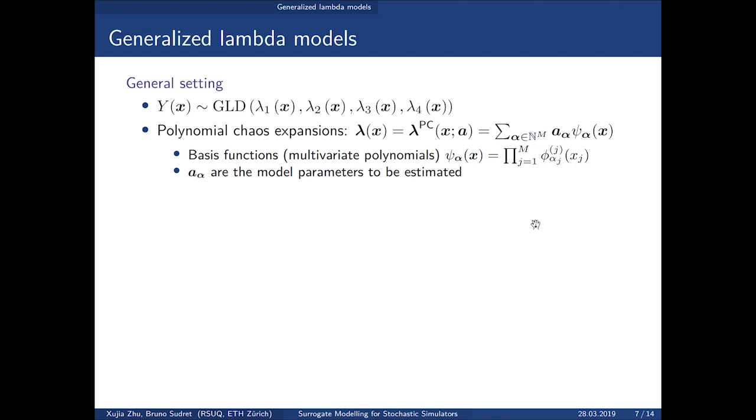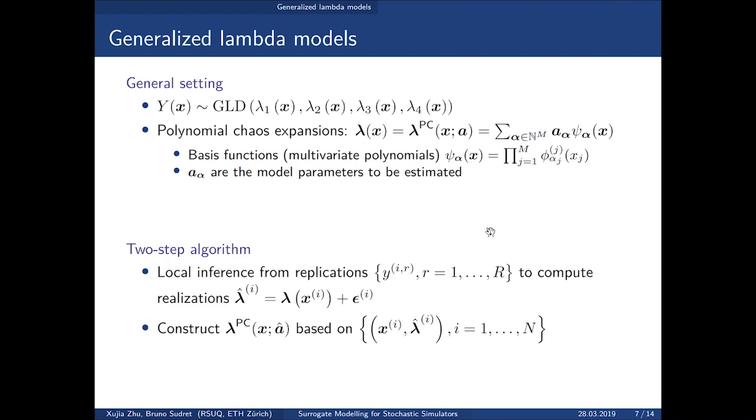One intuitive way to construct a stochastic surrogate model is the two-step algorithm. As the name indicates, this algorithm consists of 2 steps. The first step estimates the distribution parameters based on repeated model evaluations with the same input. Here, x_i is the i-th point of the experimental design, and y_i^(r) is the output of the r-th replication associated to x_i. Because we cannot access the true value of lambda(x_i), the estimated value is equal to the true value